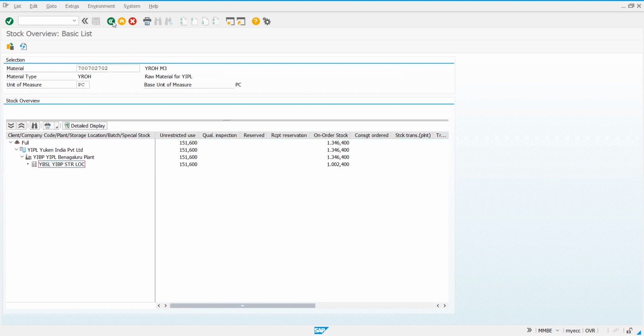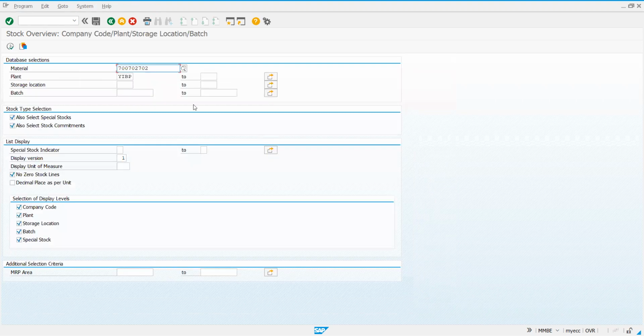Now for that, what we need to do, to come back. Are you able to see this MMBE? Yes, sir. Are you all in that screen? Now you see plant YIBP 2 I have there, and here you can observe yellow color multiple selection arrow mark, and below that arrow mark you have a small box which is white in color. Actually it is the shadow. You can closely observe, we have shadow of that arrow mark also.